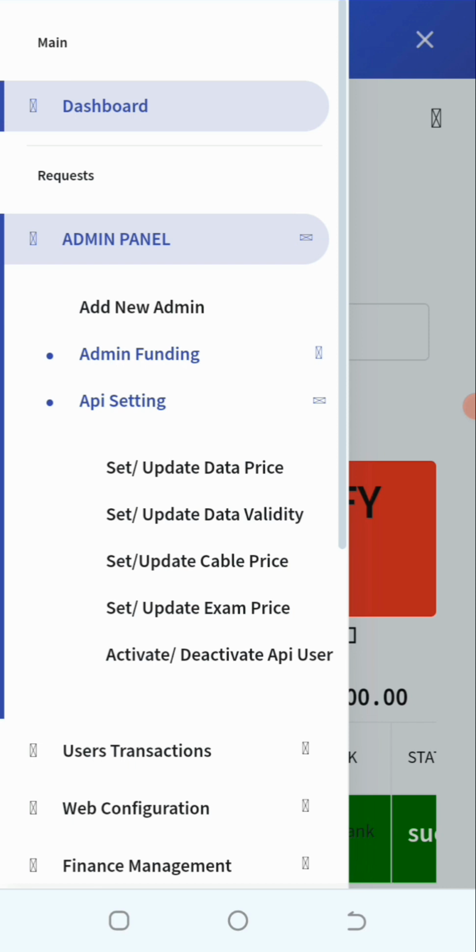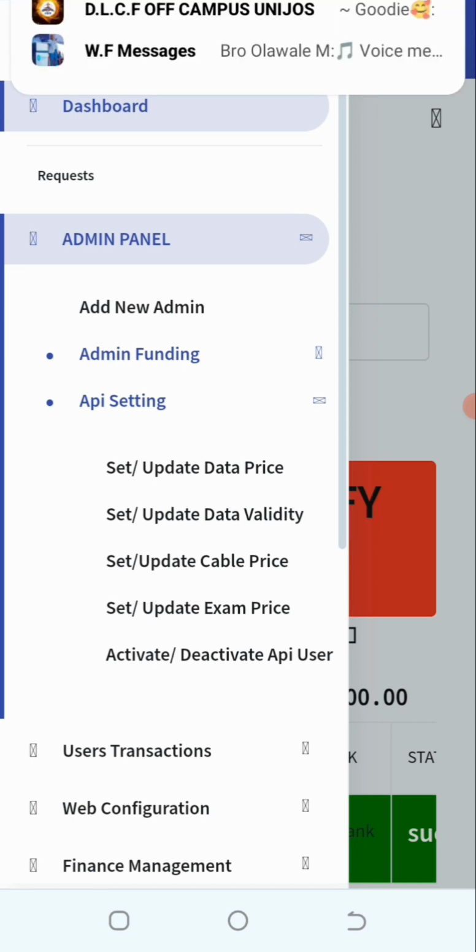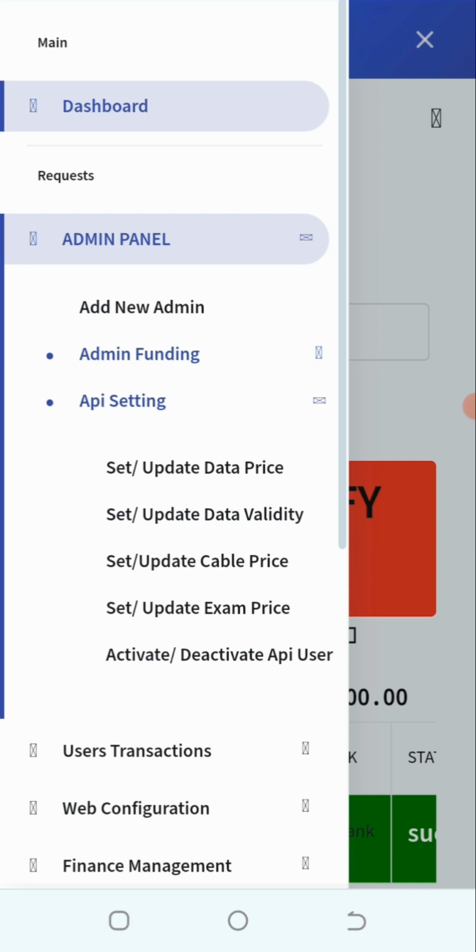Then let me go to API. So under API setting are basically things that have to do with your own API, because these have API documentation, so other people can affiliate to your own website. So here, set updates data price. That is, you want to set your own price, the price at which people affiliated to your website will be getting data. Then you click on this data price. Then set